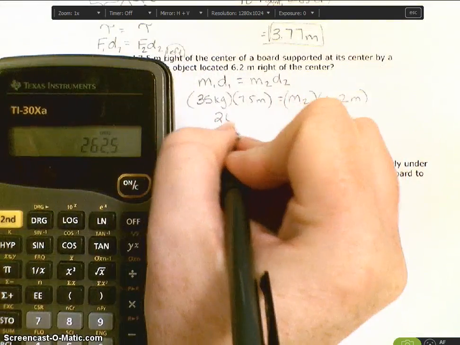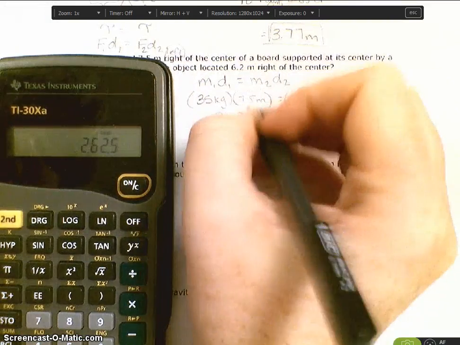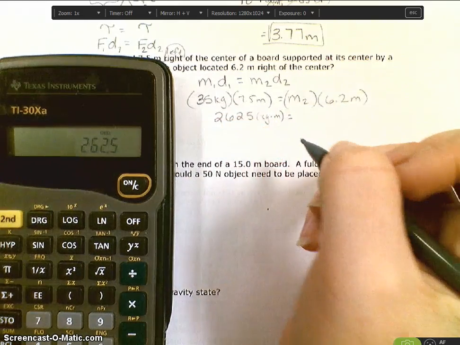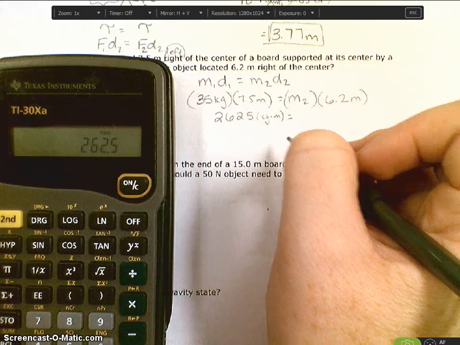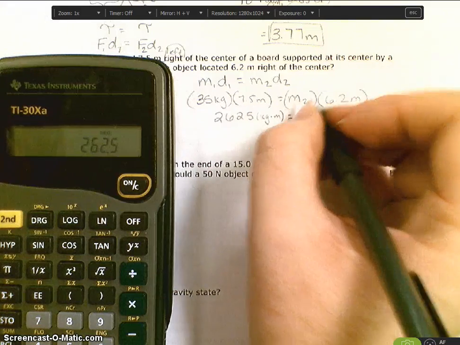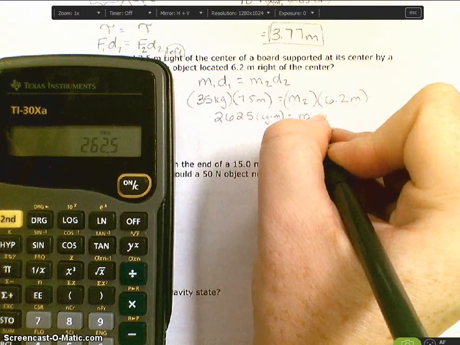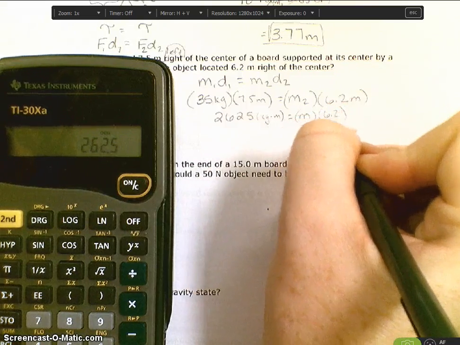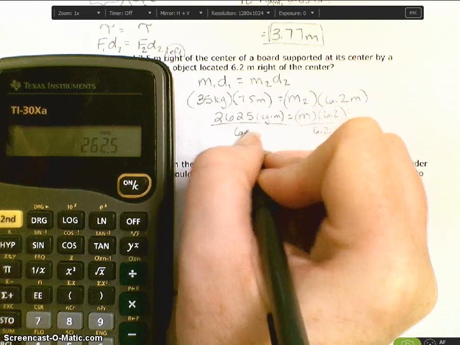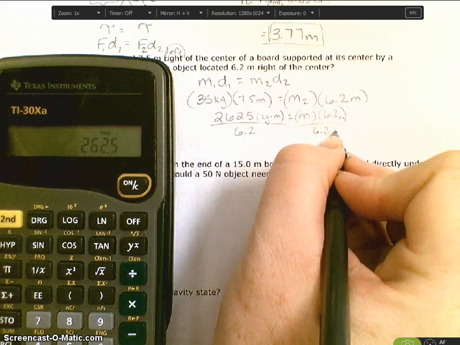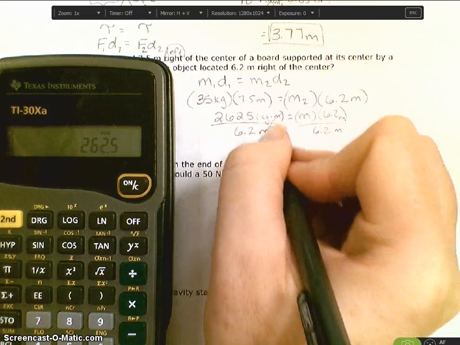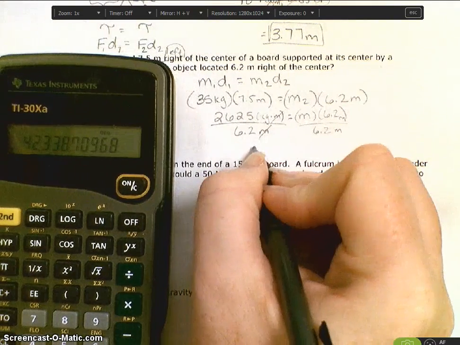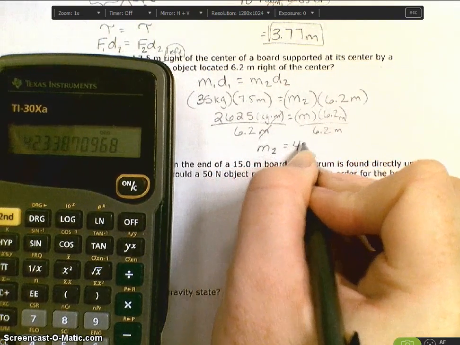And I got 2625, and this is kilogram times meter. It's a strange unit. It's not the right unit for torque, but you're going to see that it is going to give me the correct answer. And that equals, again, my mass times 6.2. I want to get rid of that 6.2. Let's take them out by dividing both sides by 6.2. And again, it's 6.2 meters, so my meters are going to drop out. So divide by 6.2, and I get an answer of